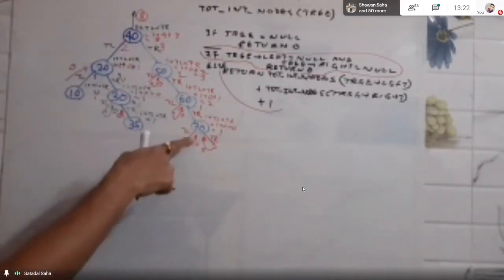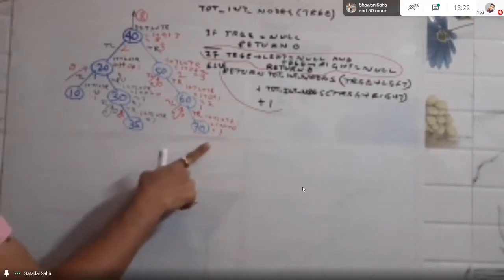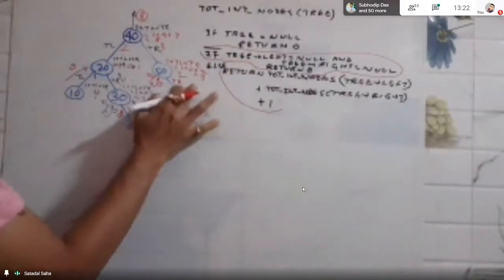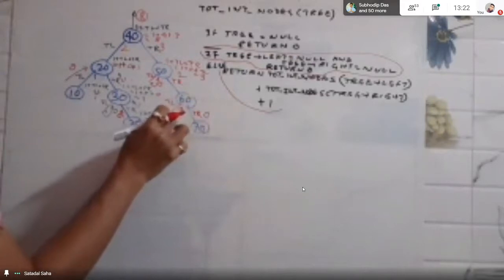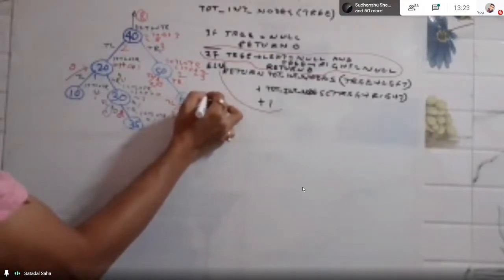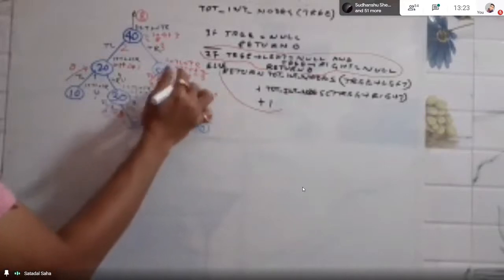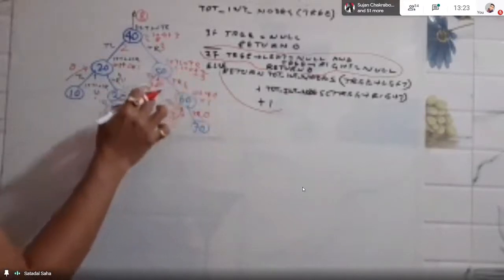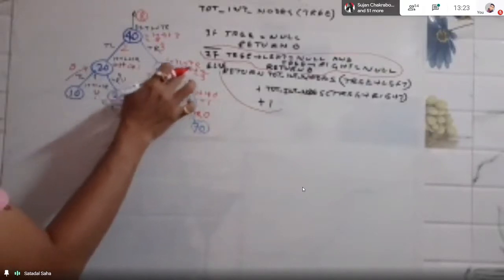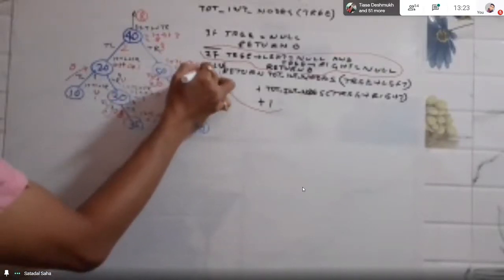এখান থেকে তাই হবে এখানে this will not be computed. 70 will return simply 0. Now sitting at 60, it will return 0 plus 1 plus 0, equal to 1, so it will return 1. Sitting at 50, it will return 0 plus 1 plus 0, so it will return 2.